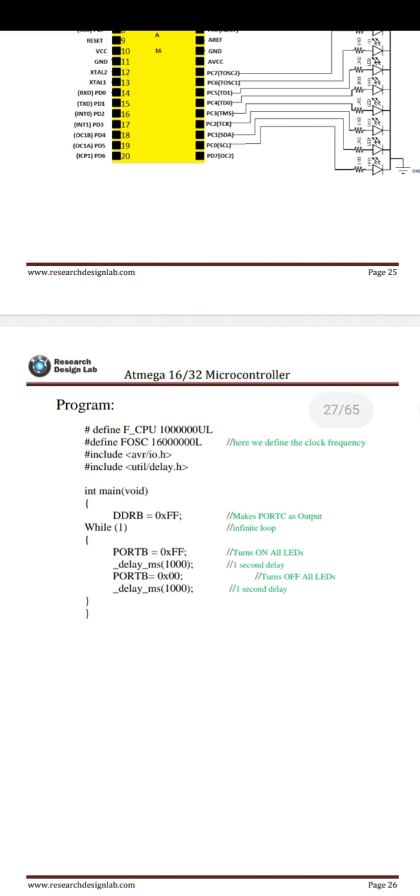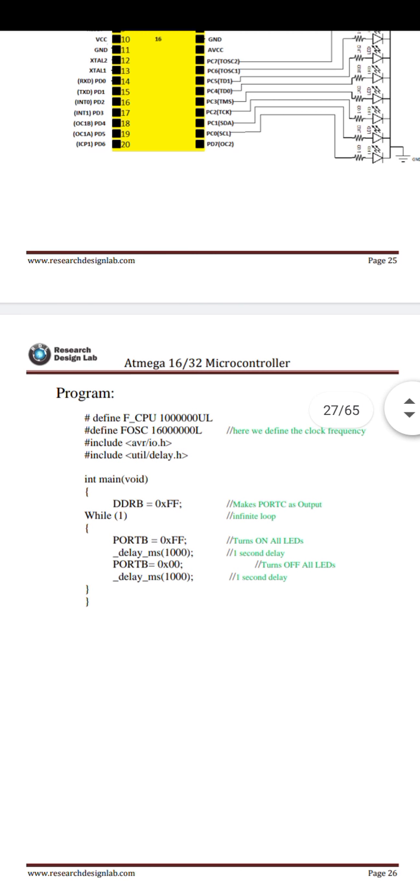Then the main programming starts here: #include <avr/io.h>, this is the header file, and #include <util/delay.h>. Then int main, while, then the main programming starts here. DDRB, that is the port used here, the value sent is 0xFF, that means all ones. Then while, PORTB is equal to 0xFF,